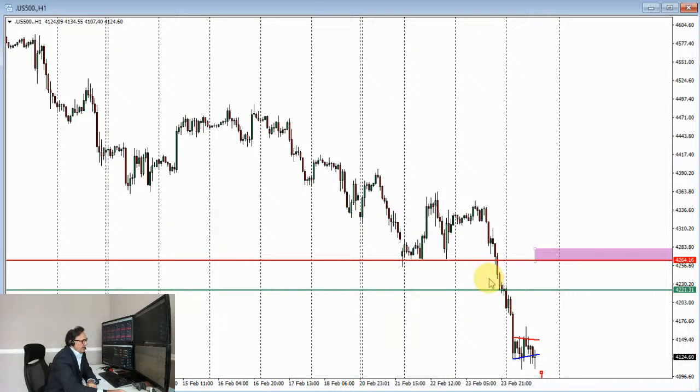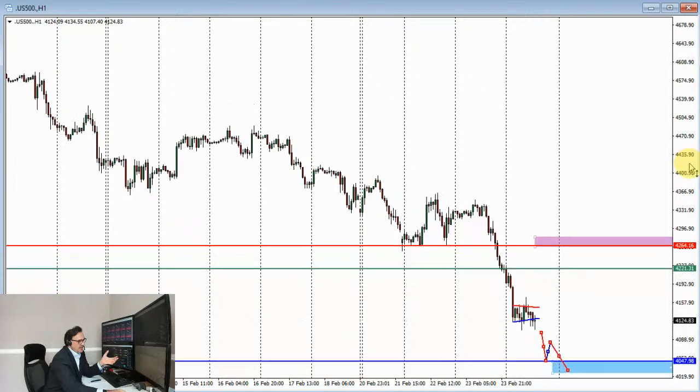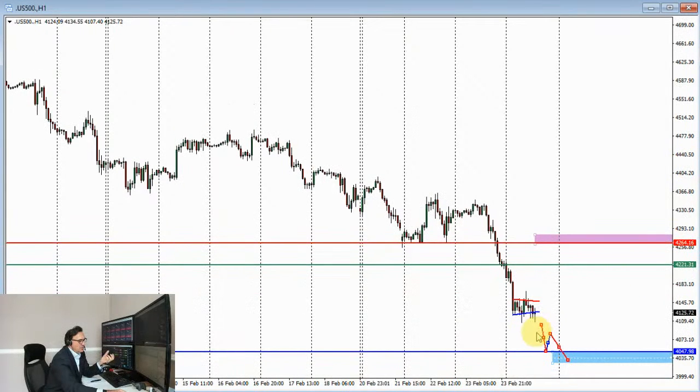It's very difficult to trade this based on any technicals, because the market is basically reacting to the news, which is provoking more fear, and therefore intelligent money, smart money, are getting out of speculative investments, getting out of equities, and parking their money into a safe haven of some sort. In this case it will be gold or Swiss franc or something else, some kind of commodity like oil and so on. So what am I going to do today?